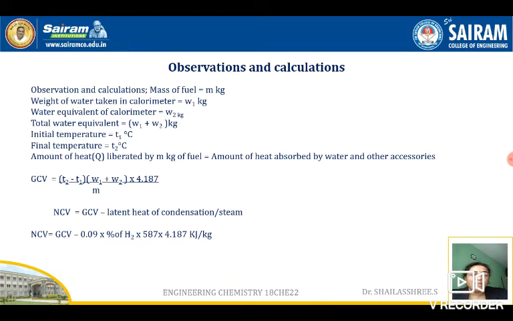Then next step is you have to write a neat labelled diagram under construction. And you have to tell about the apparatus, what and all it contains. That is construction. And at last working. We have to place a fuel and we have to burn it. Combustion takes place. It liberates heat. Liberated heat is absorbed by the surrounding water. That is working. After that you have to write observations and calculations. Fine. So this completes the answer for the question: explain the determination of calorific value of a solid or liquid fuel by using a bomb calorimeter. I think till here I am clear.